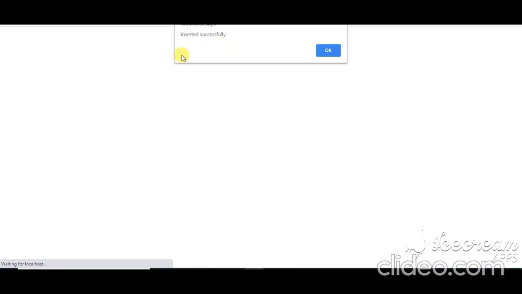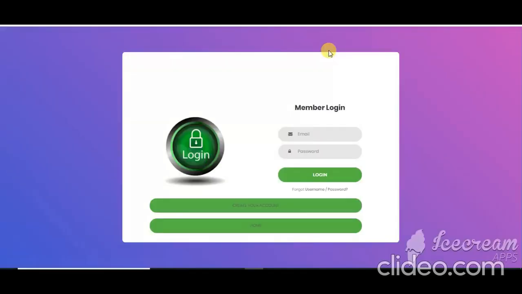Once you fill in the information and click on the Submit button, you will receive a pop-up message saying inserted successfully. Then click on OK. The account is created successfully. Now you can log in.